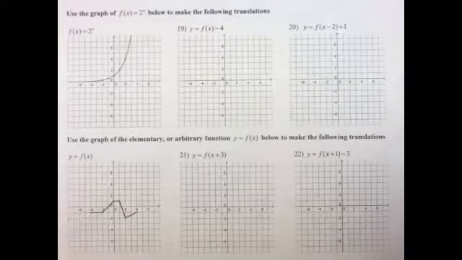Alright, continuing on with our solutions for the Master Quiz 5 review. This is the top of the backside, so for 19 we need to take this function over here and subtract 4 from it. Since that's subtract 4 on the outside of the parentheses, we're going to take everything and move it down 4